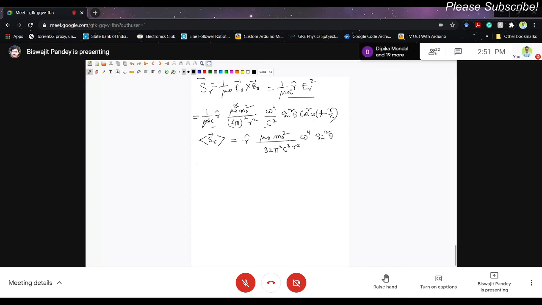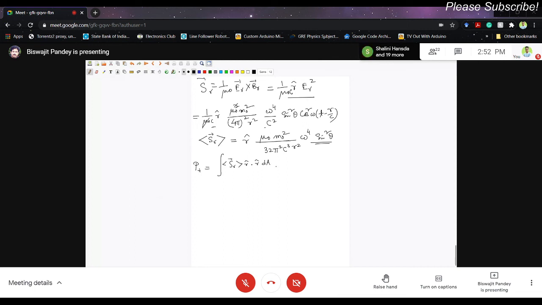And if I ask you to calculate the total power radiated, Pt, again you see this is a similar type of pattern. You can see sine square theta, you know what theta is and what the magnetic dipole is along which it is oscillating, right? So again the radiation pattern has nothing new in it, it's the sine square theta. And Pt, total power radiated, can be obtained by taking r cap dot r cap into the element of area dA. So if you integrate this, again it's a similar integral, so I'm not repeating it.